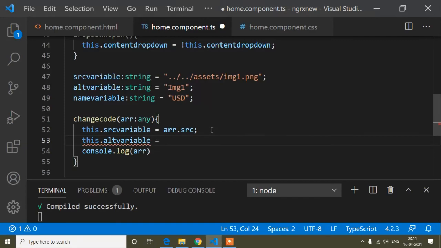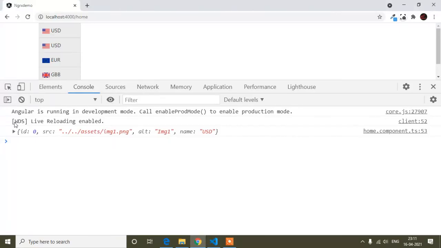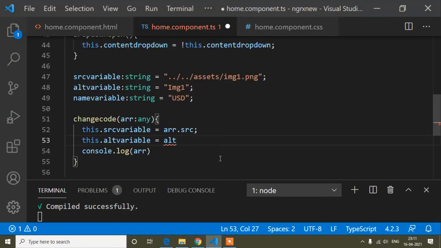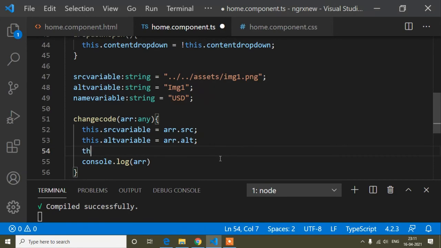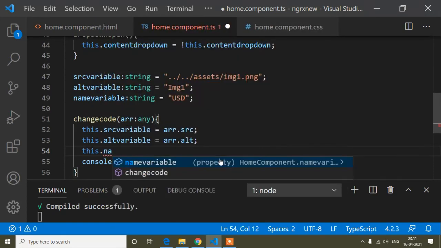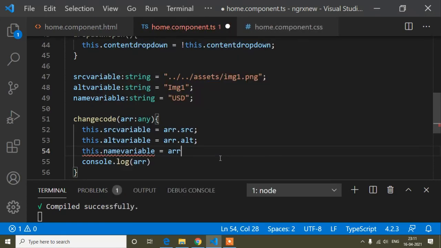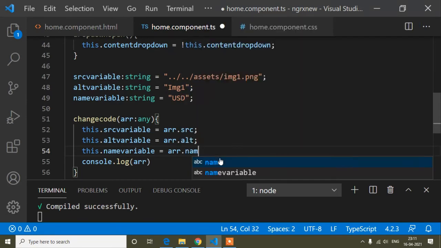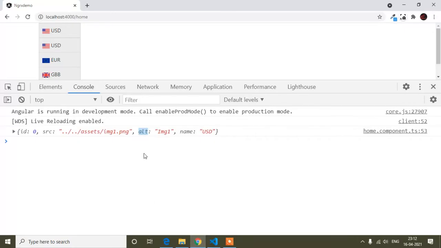So inside this alter variable I will write arr dot alter, and now this dot name variable equals to arr dot name. Name means this one.